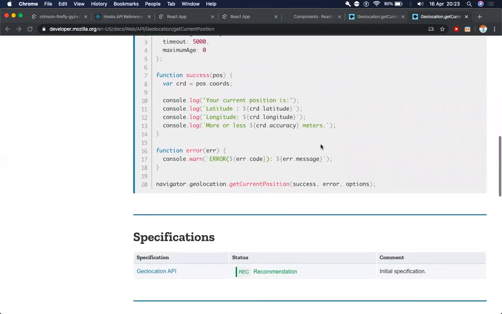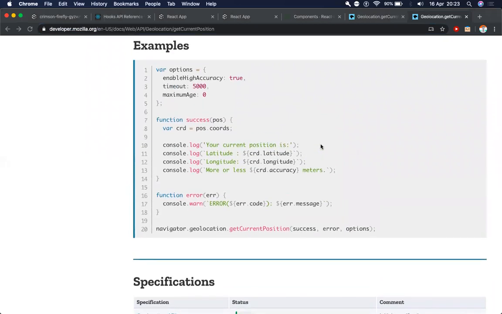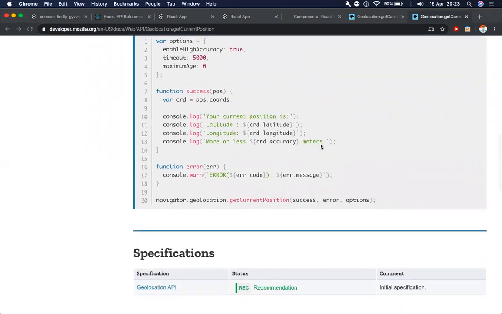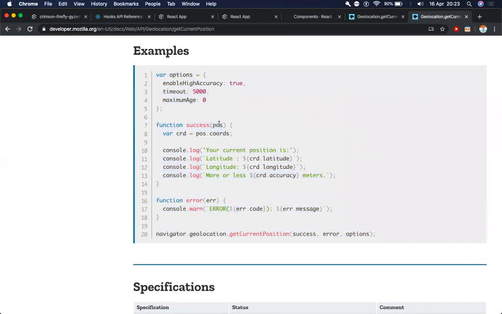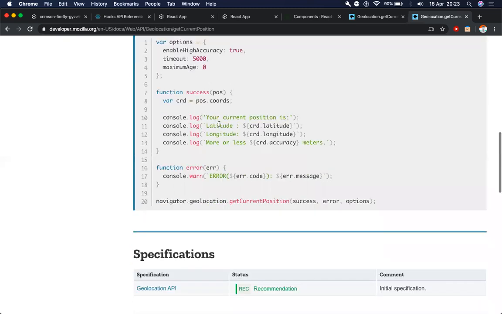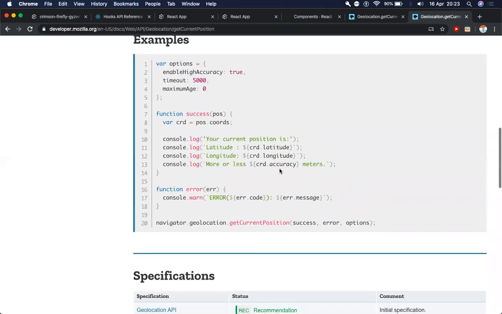So Rishabh, the best way to learn something is to implement it by yourself. So I really recommend that you go through this function, but I'll explain this function at a very high level. So when we are calling get current position, it is displaying the pop-up to the user, and if the user clicks on allow, then it calls the success function.